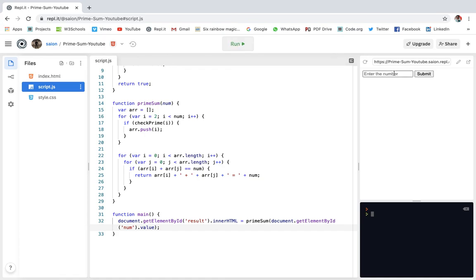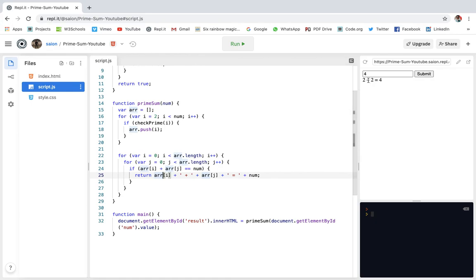I am running it again, and if I give 100 over here, so 3 plus 97, and I give you an example of 5, so 2 plus 3, and I gave you an example of 4. And if you want to know how this is printing all this, so I am doing return array i.